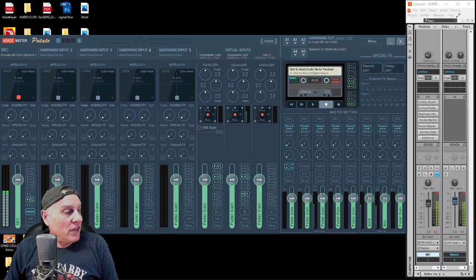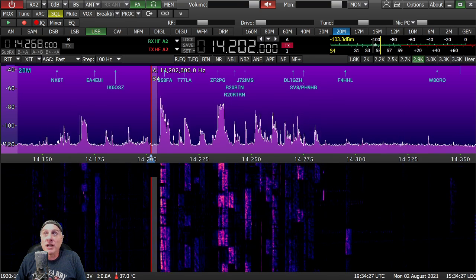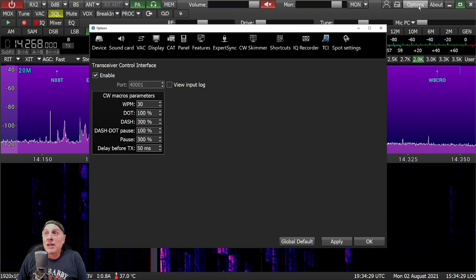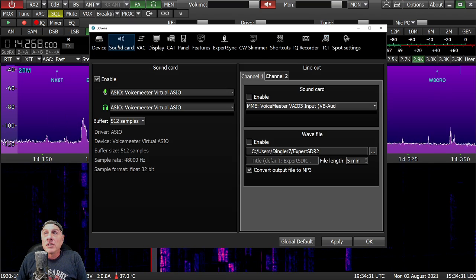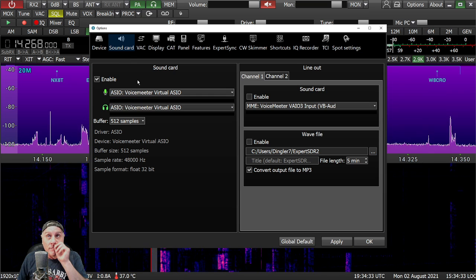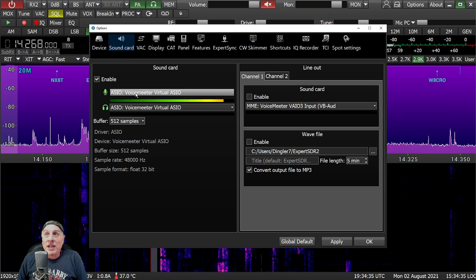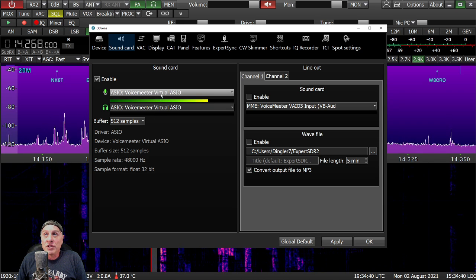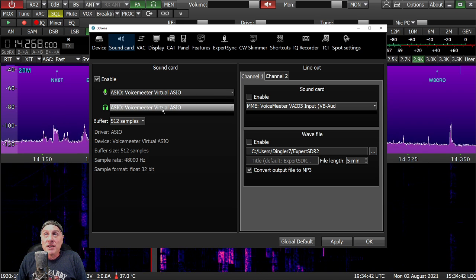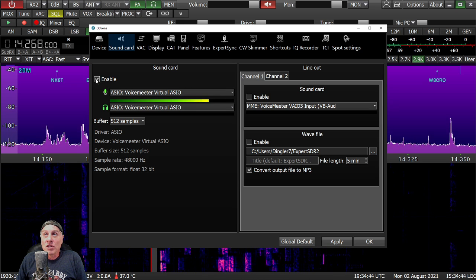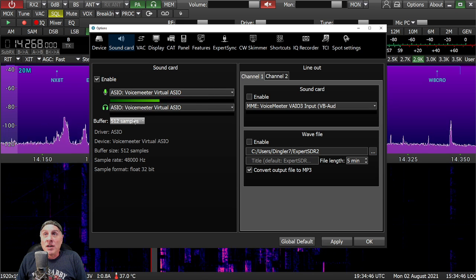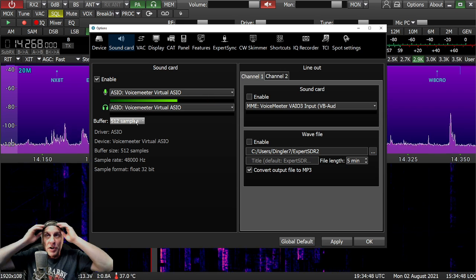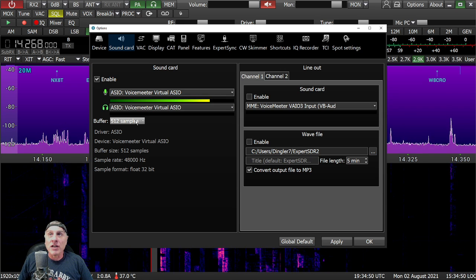Now, we've got to go to your rig. So let's go to the rig. Go to Options, Sound card. What you want is ASIO, Voicemeeter, Virtual ASIO in both of these drop-down windows. Once that's done, go ahead and click Enable. Pay attention to your buffer size. If you hear any stuttering, anything at all,